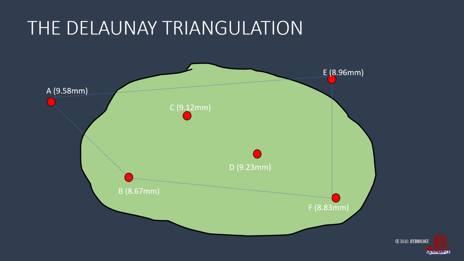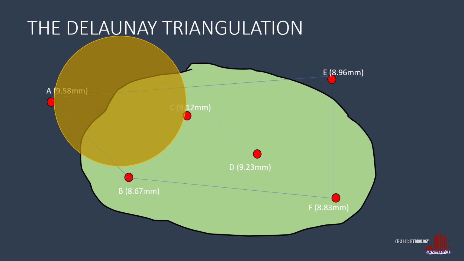The next step is to use Delaunay triangulation to connect stations. The check if the stations are to be connected is through placing a circle. Say, for example, we check if stations A and C should be connected. Place a circle where the circumference touches the two stations. If the circle does not cover any other station, the two stations can be connected. At this instance, there isn't any other station inside the circle, so we connect the two stations.